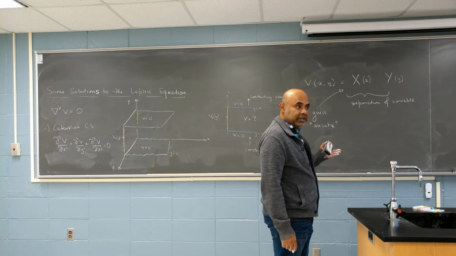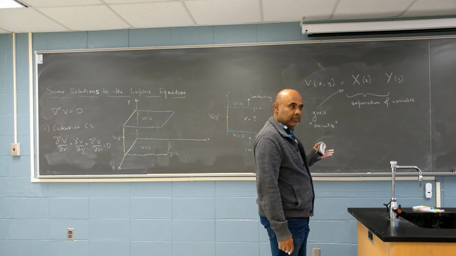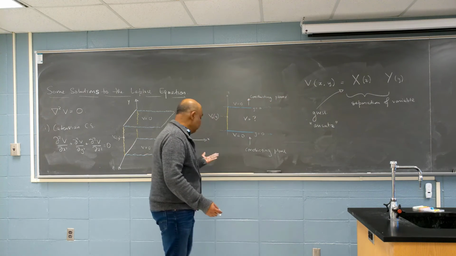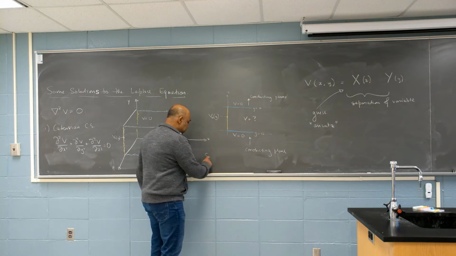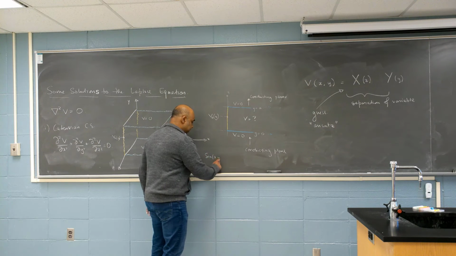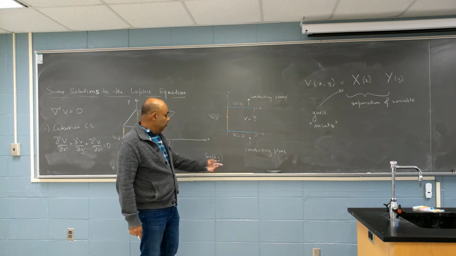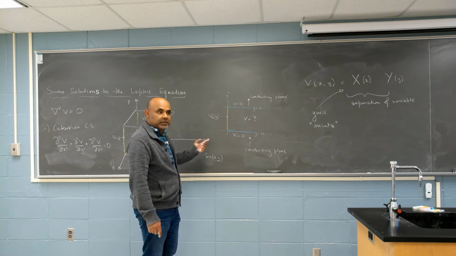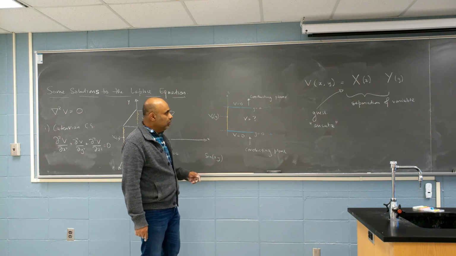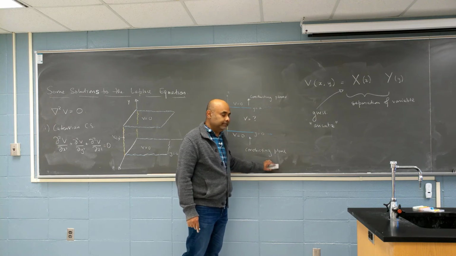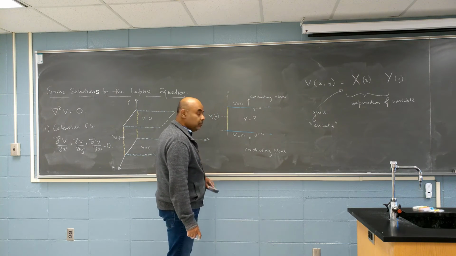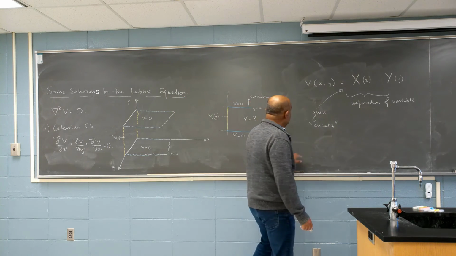Not all functions can be separated. I can think of many functions that cannot be separated like that, so we may be restricting ourselves in the beginning. But you know what? We have no better way to proceed. Okay? And I'm going to take this